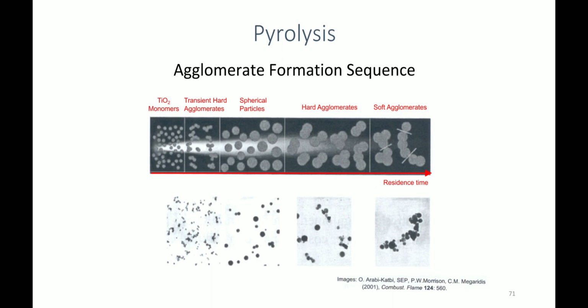Okay, so this is how there is a formation of TiO2 nanoparticles from the Ti precursor. Whatever particles are remaining, they are remaining in the flame. From the time they just entered the flame to the time they just come out of the flame, it is called the residence time, because this is the time where they are present inside the flame.